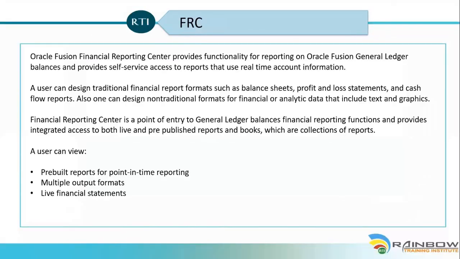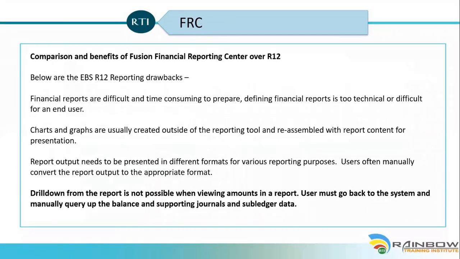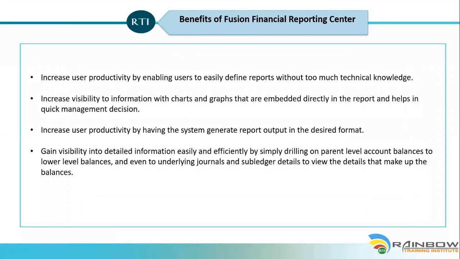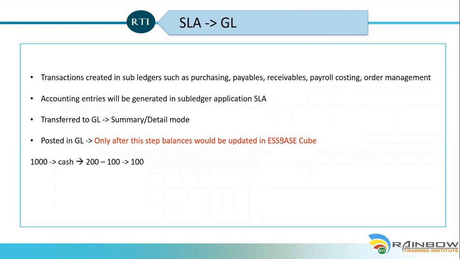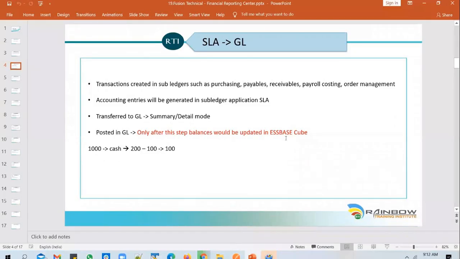So if you look at this particular slide, I think I've talked about the options available in there. There is something called an Essbase Cube, which is a multi-dimensional reporting cube available. It comes along with every GL cloud instance. It comes with the application. So whenever a client takes a new GL cloud application, a general ledger cloud, they will also get an Essbase Cube, which will be attached to the general ledger module.